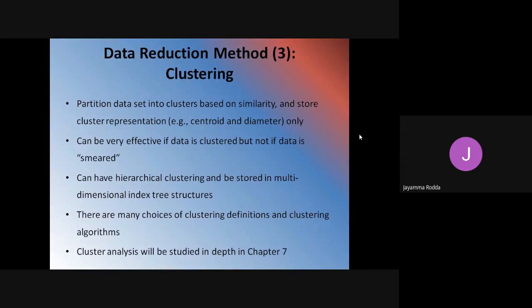That is why the centroid plays an important role in deciding how you divide your clusters. It can have hierarchical clustering and be stored in a multi-dimensional index tree structure. There are many choices of clustering definitions and clustering algorithms, which we will discuss in chapter 7, the 4th unit.